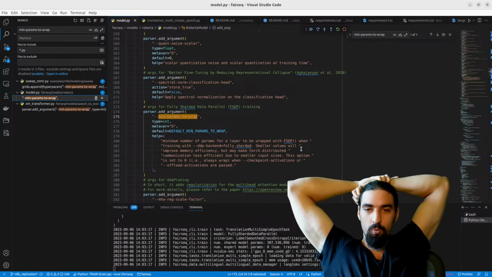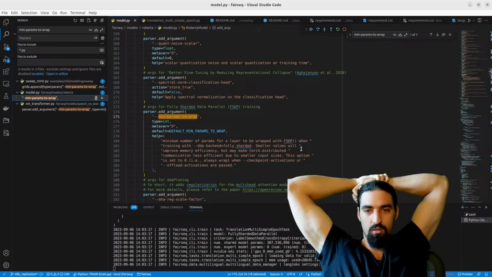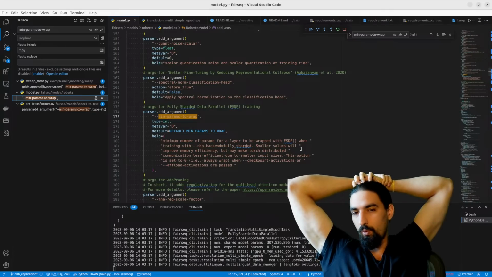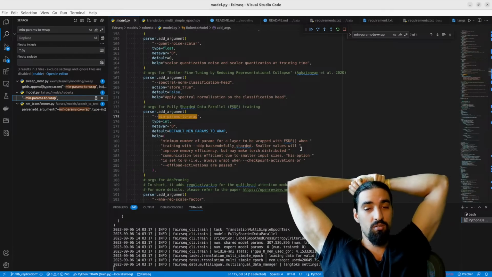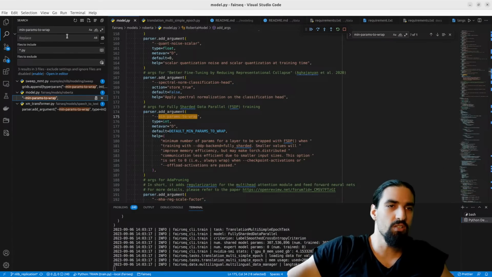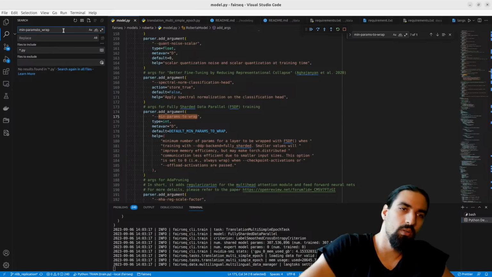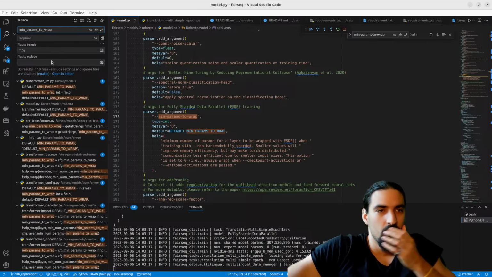Set to 0 when checkpoint activations or offload is passed. Why is that? When we are checkpointing activations, okay, let's just see how it's called in the actual code. Again, convert to underscore.